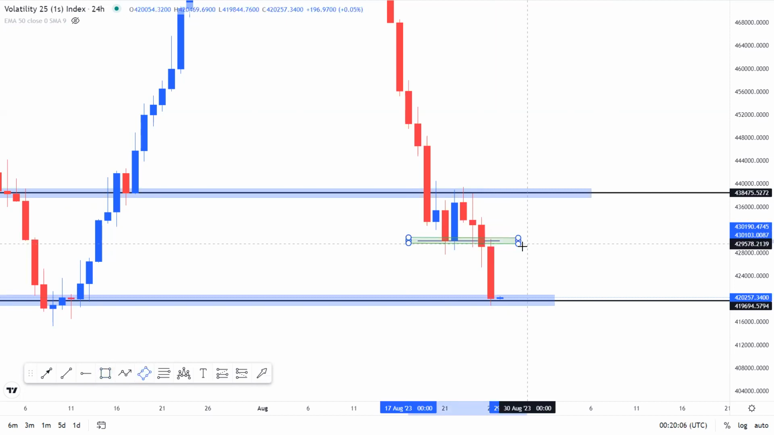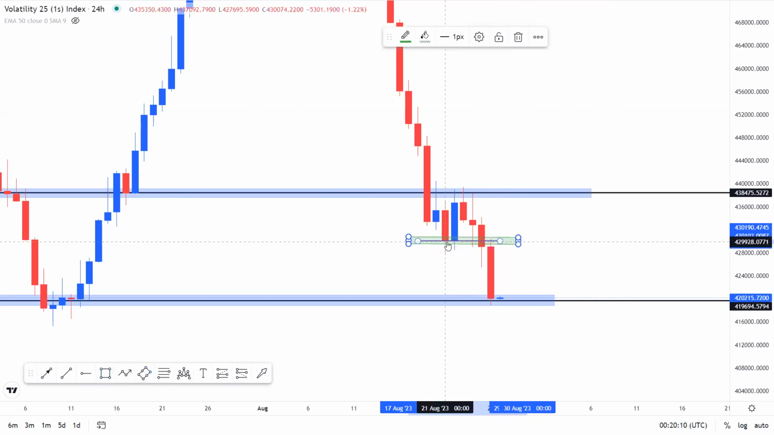because a broken support previously becomes a new resistance. So as soon as we had a break of the level, I was waiting for price to come back to retest the level where I was potentially looking to sell from the level. Now this is where I scaled down to the lower time frame